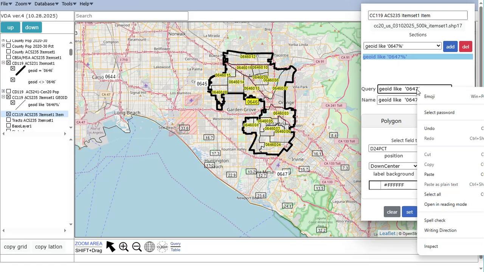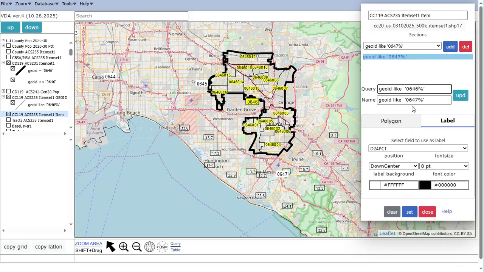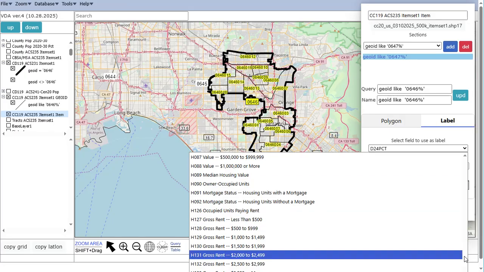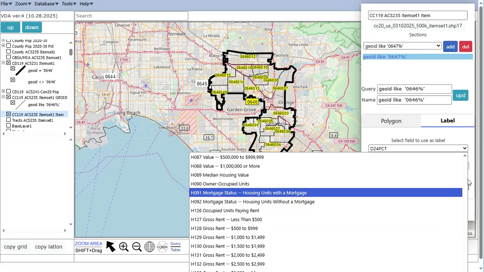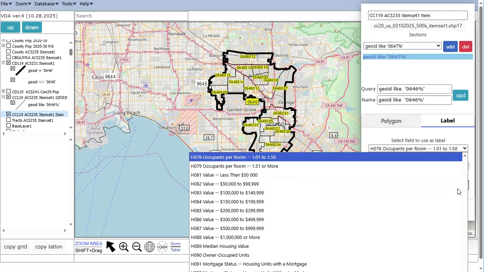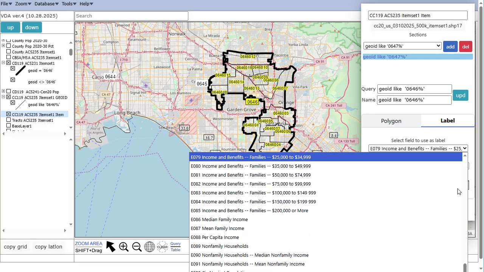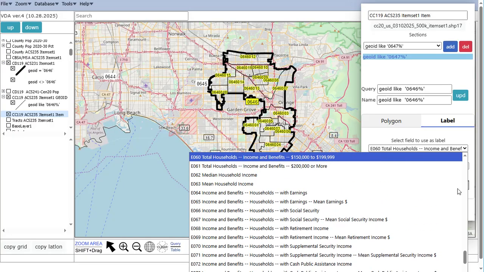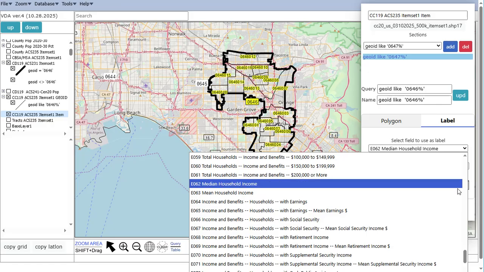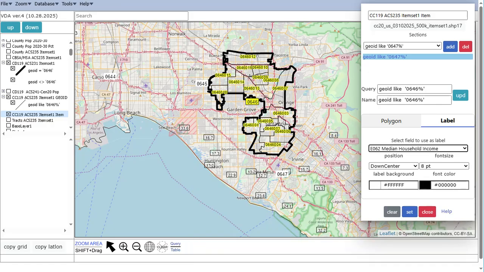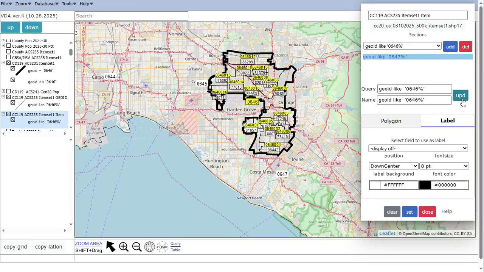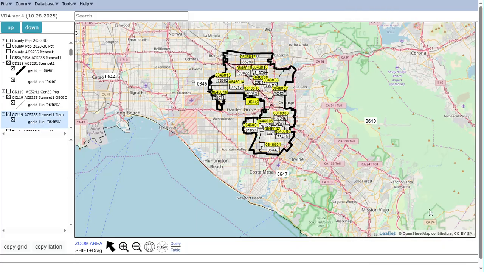I again modify my section attribute, and I also want to modify the field that I'm using, so I change it from the population 65 and over to median household income, and then I update the layer again, and now I close my